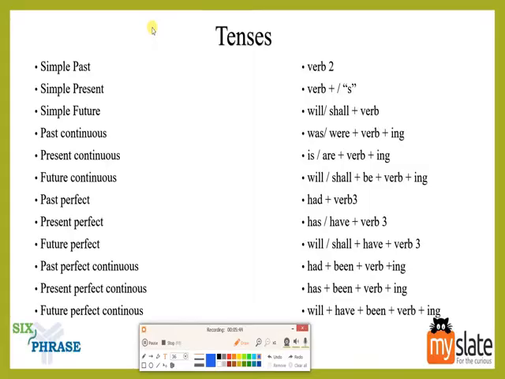Form here. So here I've listed them as verb, that is verb 2 and verb 3. Before we actually go into it, you need to know what is actually the meaning of verb 2 and verb 3. So verb actually means the infinitive form of the verb, right? And then verb 2 is the simple past form of the verb, right? Verb 3 is the past participle form of the verb, right?